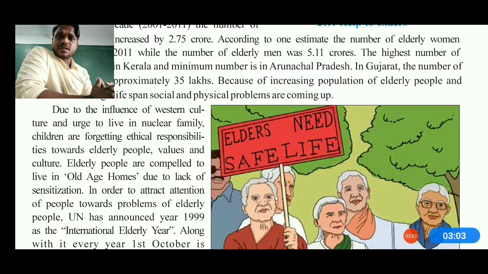Now what is Western culture? See, in Indian culture we all believe in Matru Deva Bhava and Pitru Deva Bhava. It means the mother is like a goddess and the father is also like a god. So that's how we respect them, and we generally live in a joint family. In abroad, in Western countries, it is not applicable like that, and they are free to go their own way.